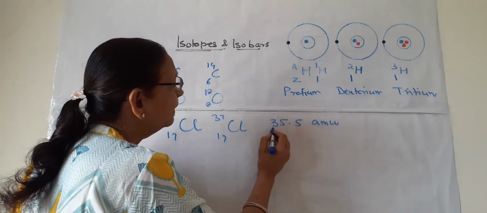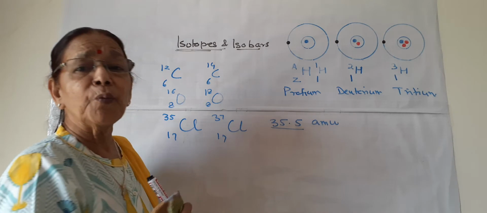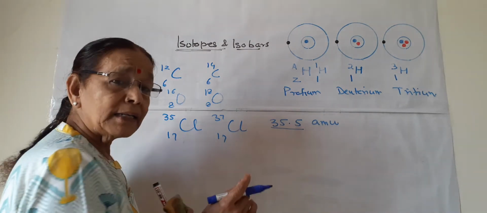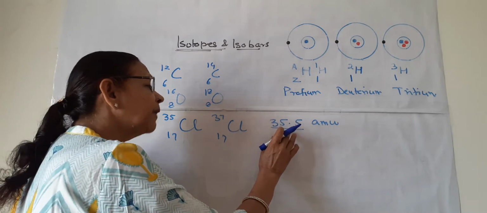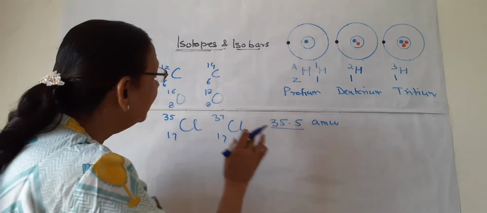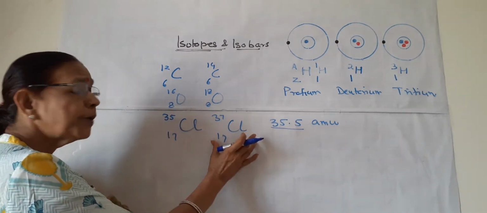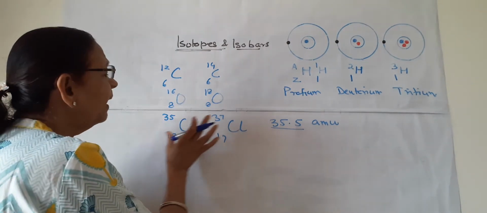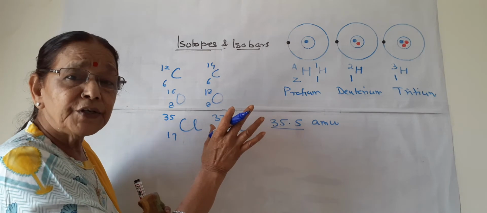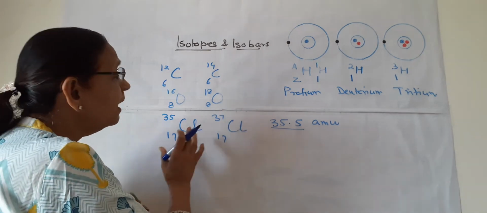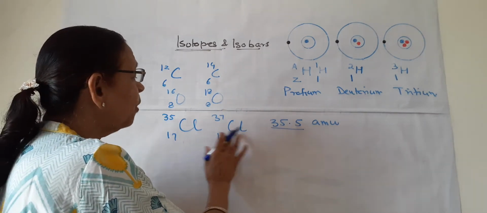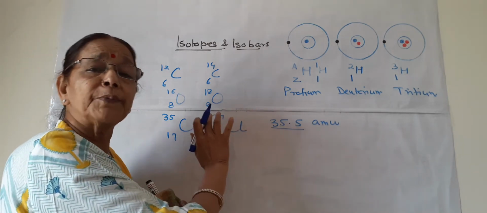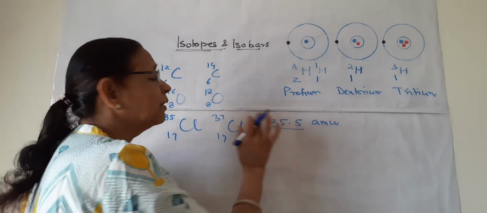Then why are we taking it as 35.5? Why is it a fraction? The answer is that it is a fraction because in nature these two types of isotopes of chlorine are present and they have a certain percentage in nature. This is the average of the atomic masses, weighted by the percentage of these two types of isotopes, which comes to